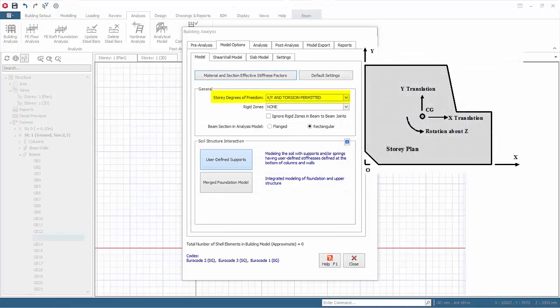Storey's degree of freedom. Click on the drop-down menu to expose options. X/Y and torsion permitted means translations in X and Y directions, and floor torsion about the Z-axis are permitted. This option should always be chosen for a regular, freestanding structure. As we go down the options, we are restricting more degrees of freedom. For example, the last 2 degrees of freedom options are useful for the analysis of a 2D frame system defined